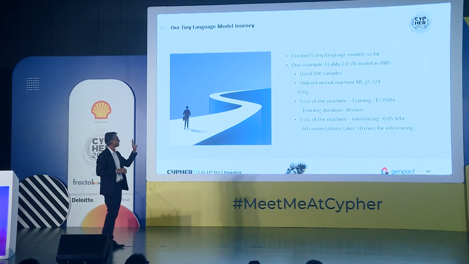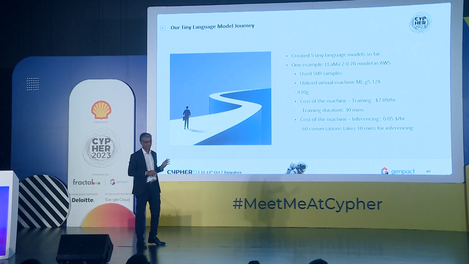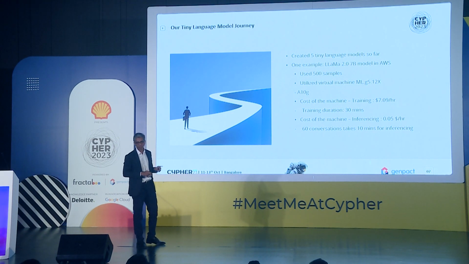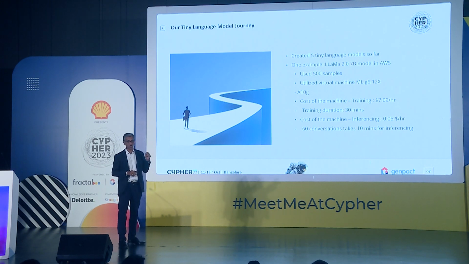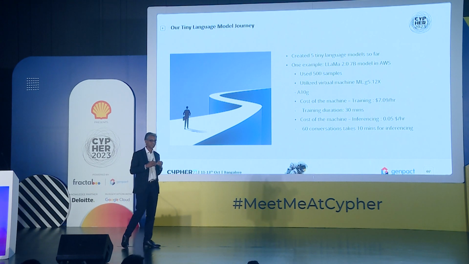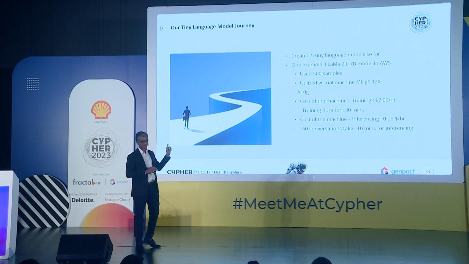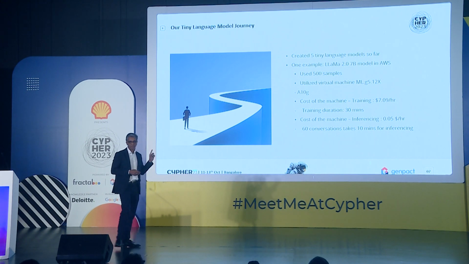For the recent model we used GPT 2.0 with 7 billion parameters, and we used 500 samples. Again, the question is what is the right sample size: 500, 1000, 2000, 10,000? The industry standard says that anything more than 10,000 is good to start with. But we used 500 and we got very good accuracy. I'll talk about that next.